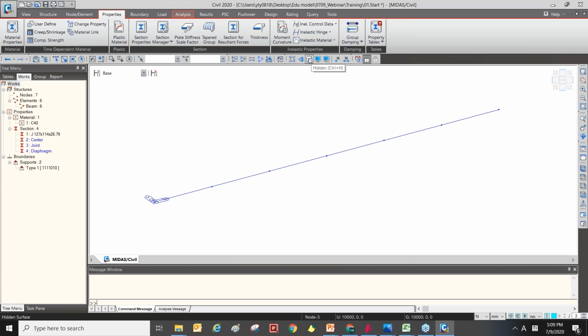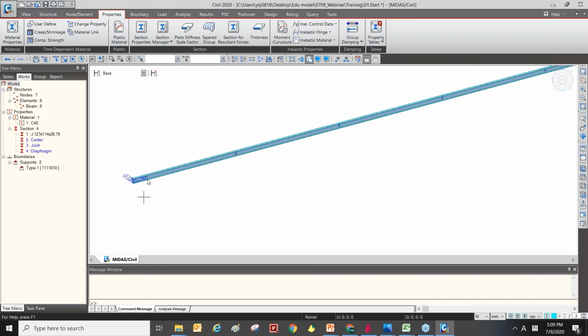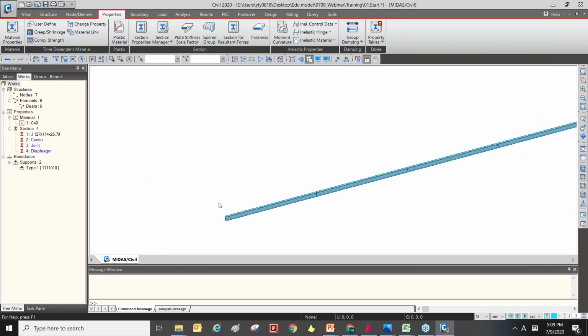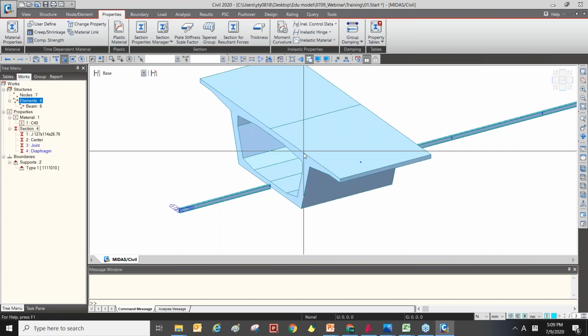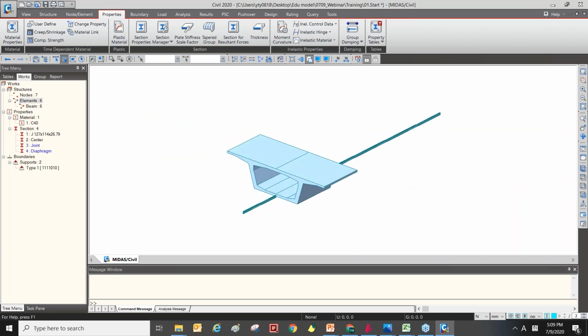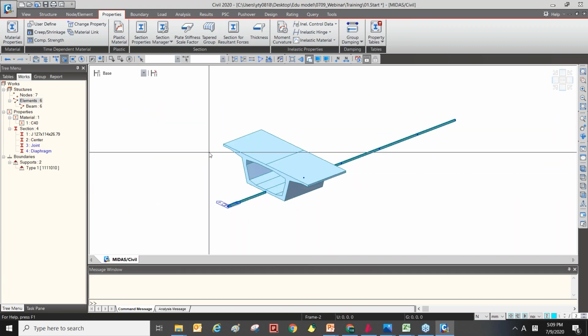You can find hidden view in the upper side of the model view. It shows the elements with the section like this. If you want to change the section, just select the element, select the section property in the works tree and drag and drop. So we got another section here.